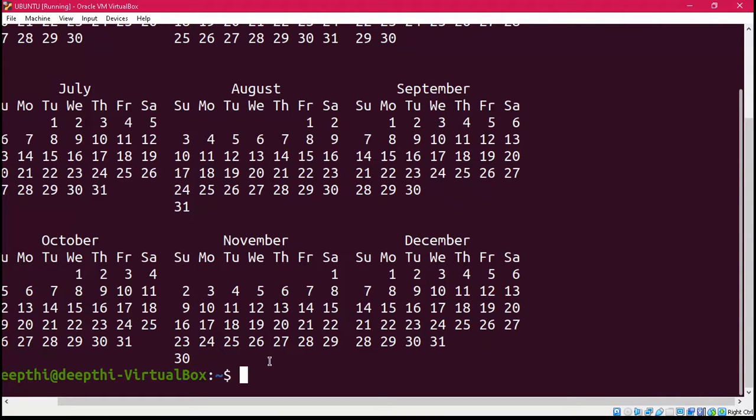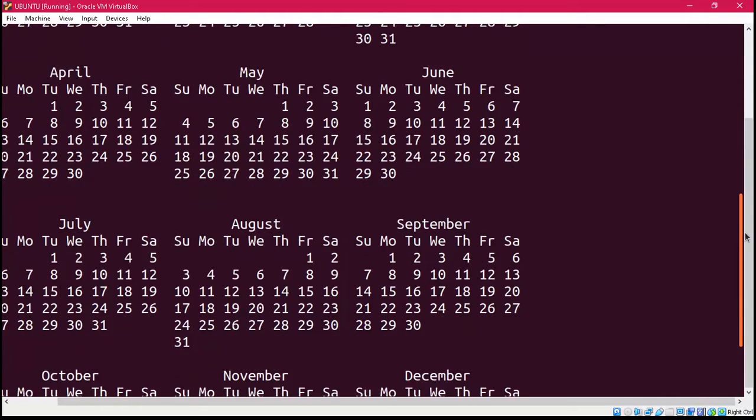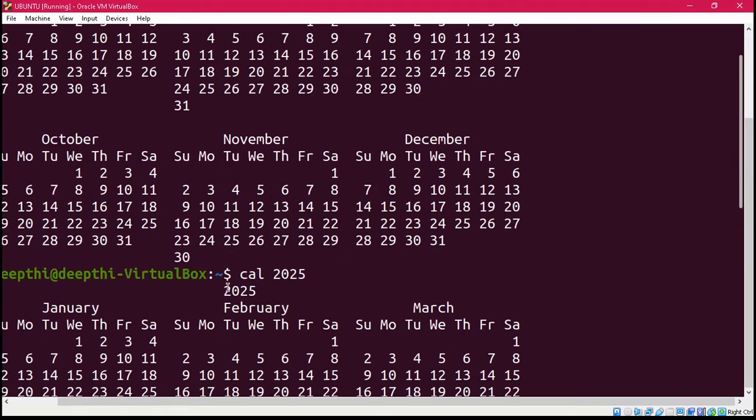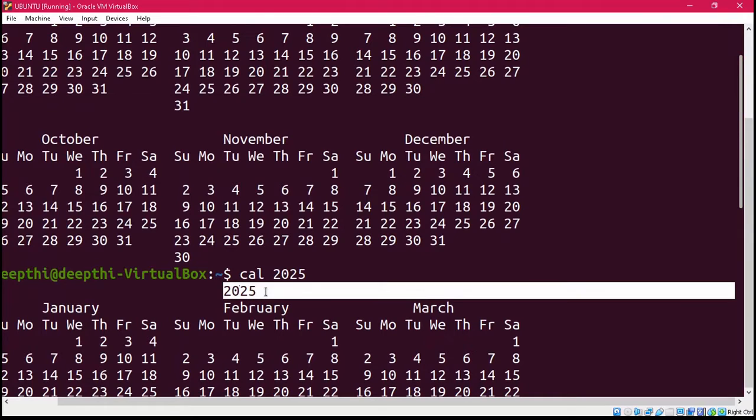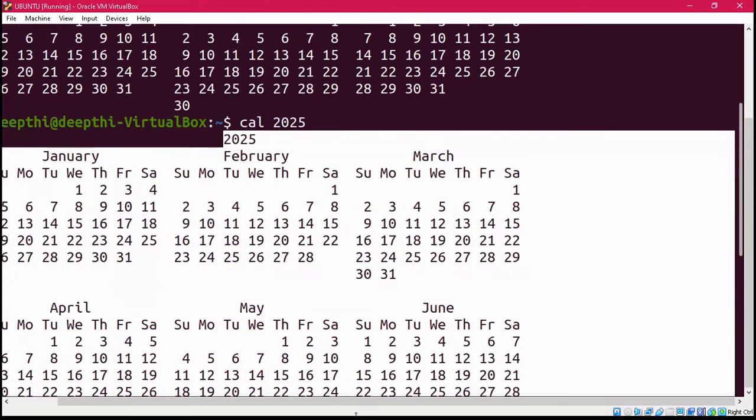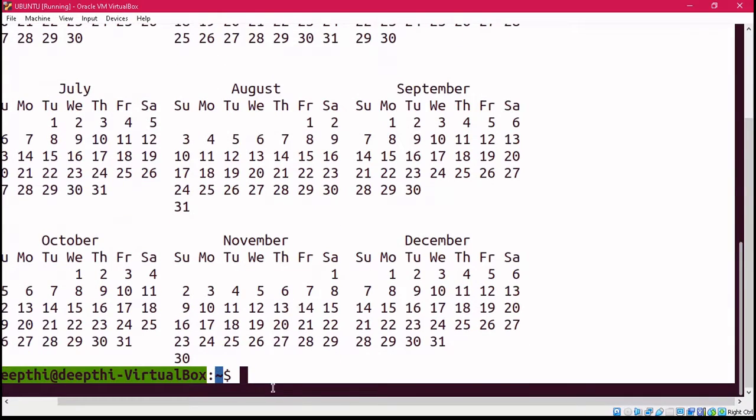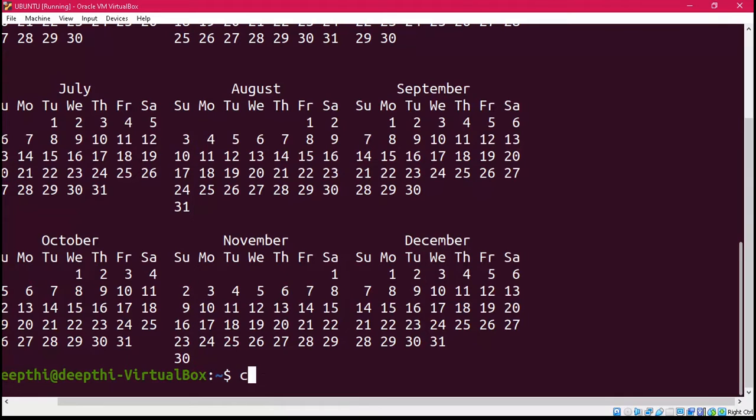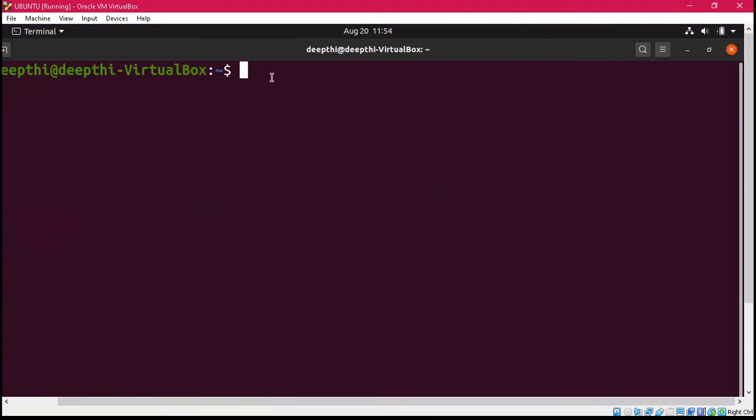Similarly, another easy option of doing the same thing is you simply write cal. Instead of writing this hyphen y, you can simply write the year. So the same year 2025 can also be seen like this. In this case also you will see that it is going to display the calendar of the complete year 2025, including all the months starting from January to December, right? So both are alternatives of each other. Now let's understand the other options.